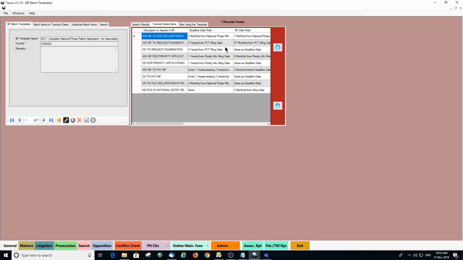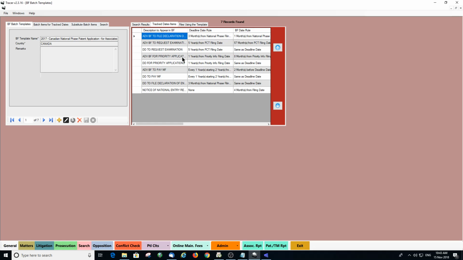So when you enter the national phase in Canada for our firm, these are the dockets that will be, we select the batch, and the system will automatically populate them by drawing out the relevant dates from the Tracer database and populating those dates into the Ranx docket system